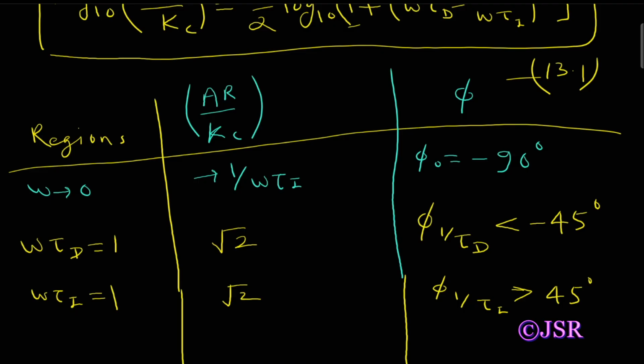So in this case we are assuming tau d is much greater than tau I. So in that case 1 upon tau d will be less than 1 upon tau I, and when omega tends to infinity,